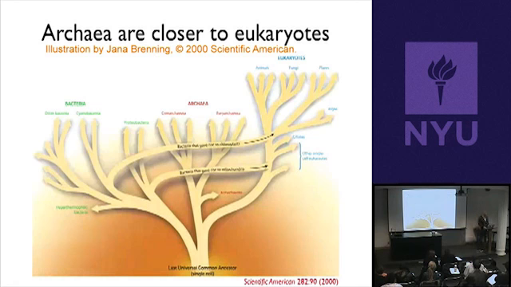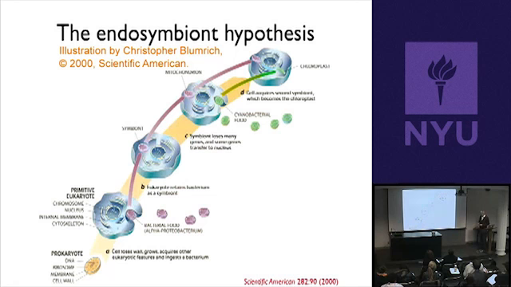Okay? And those two events are what are called endosymbiosis, endo for inside and symbiosis for a shared mutual relationship. And so the endosymbiont hypothesis is the idea that these events happened, that you had a primitive eukaryotic cell which somehow evolved from a prokaryotic cell, a bacterium. And the features of that primitive eukaryotic cell is it had a genuine nucleus with chromosomes inside instead of just DNA floating free. It has these internal membranes where the ribosomes are.